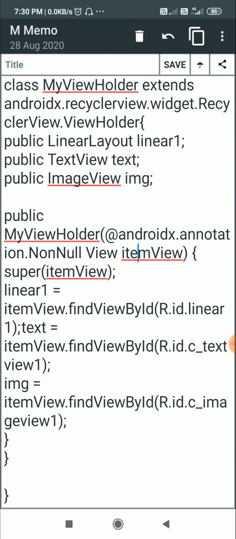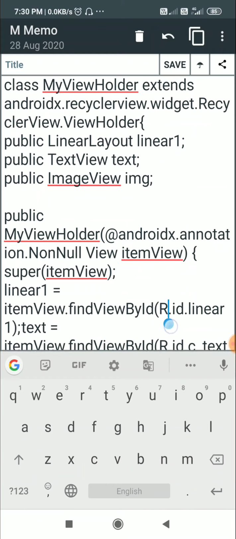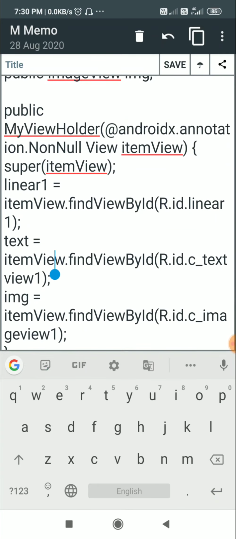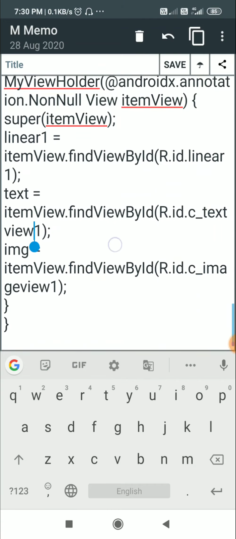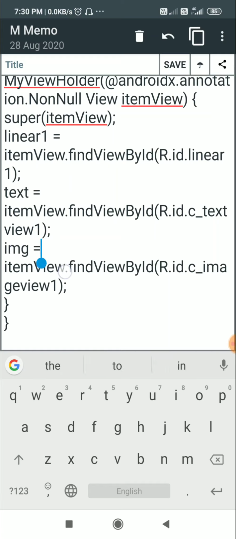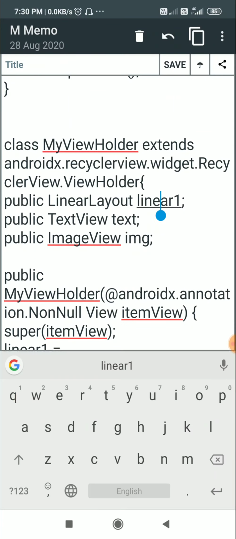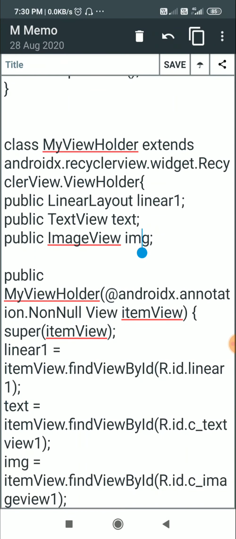From this view we find the view by id R.id.linear1, and that is set as our LinearLayout linear1. Then we define the TextView text: itemView.findViewById R.id.textview1, and then the ImageView img is equal to itemView.findViewById R.id.imageview1. So in this way we get linear1, text and img of this MyViewHolder.